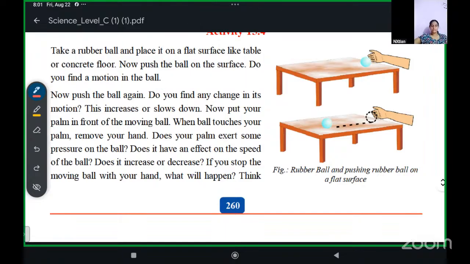Yes, Abraham. Absolutely correct. The ball will move further away from your hand. Okay. Now,